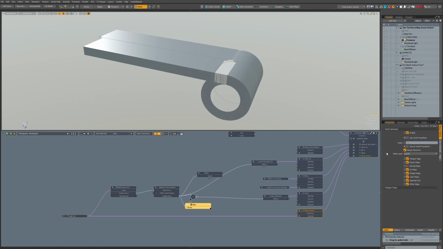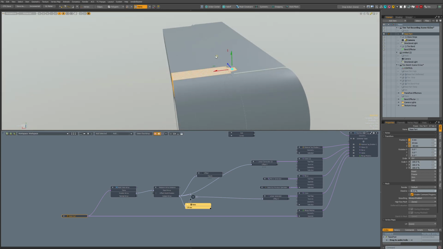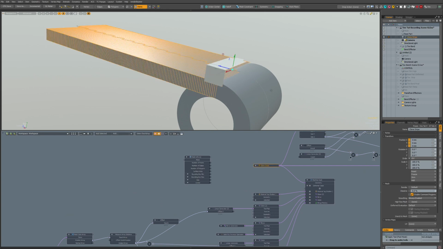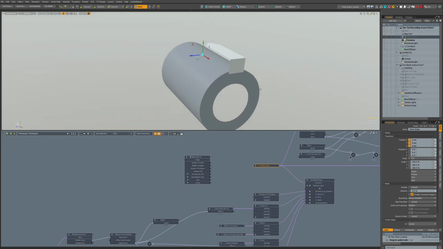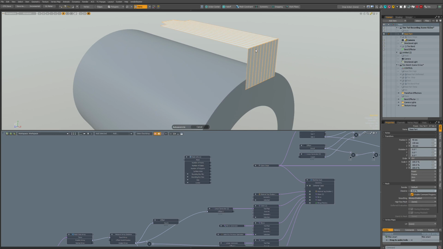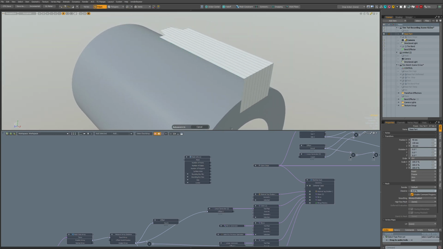So now what we can do is enable and disable this, and we can take this base part here and move it maybe here. The idea of that is that you can see it when you do some modeling.